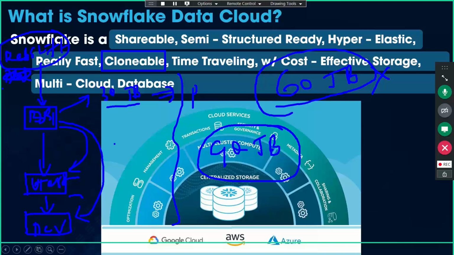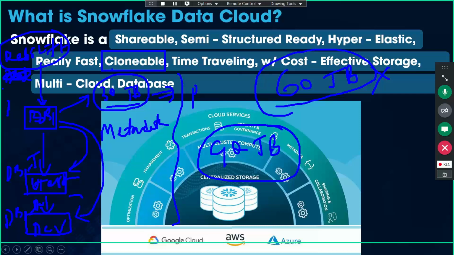Snowflake has found a way with this zero copy cloning. Instead of physically copying this 30 TB of data, it lets you copy the metadata related to this particular database to db1 testing and db1 dev. Whatever metadata is associated with your production database db1, this cloning copies it to the db1 testing and db1 dev databases. So by using this metadata,